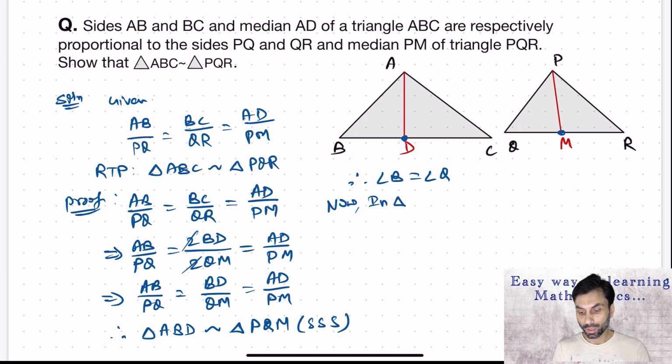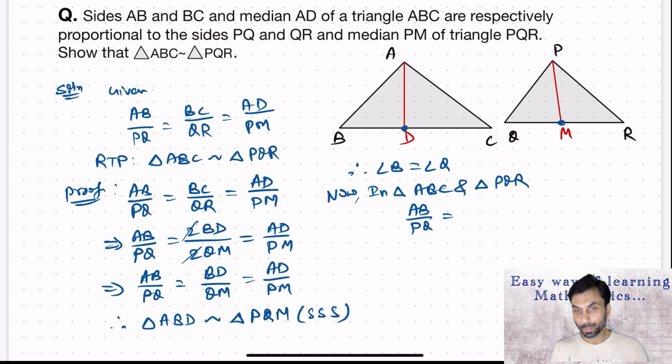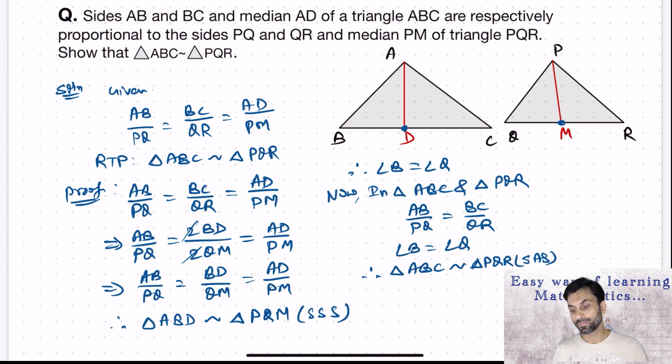Now we'll take triangle ABC and triangle PQR, and we can see that AB upon PQ equals BC upon QR, which is given, and angle B equals angle Q, which we have just proved. So therefore we can say triangle ABC is similar to triangle PQR by SAS similarity criteria. Moving to the next question,